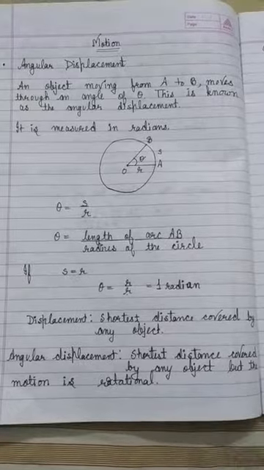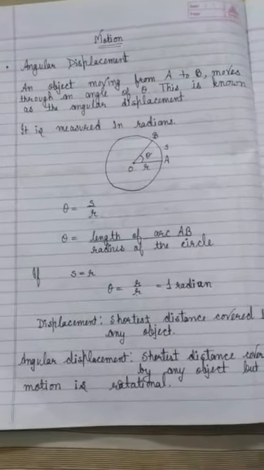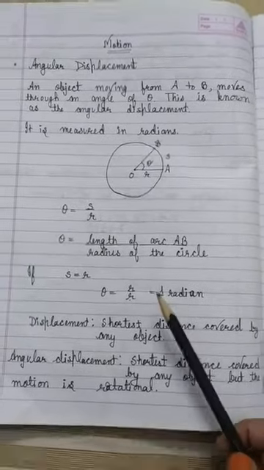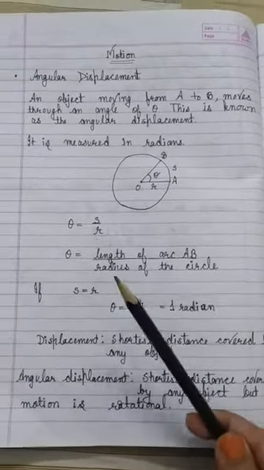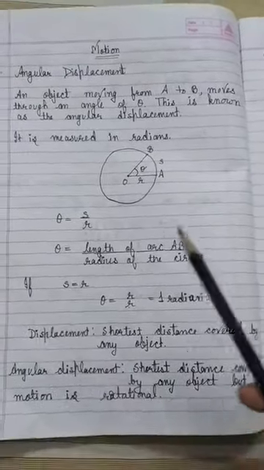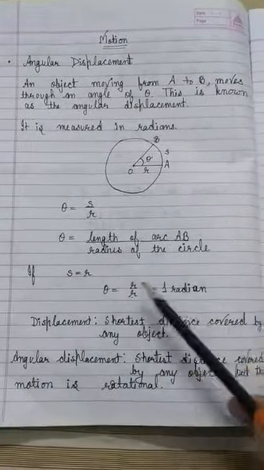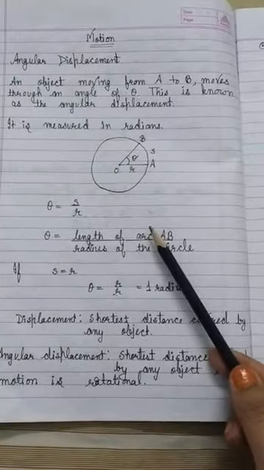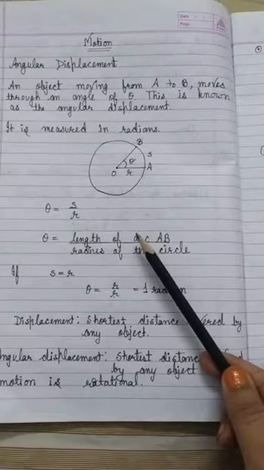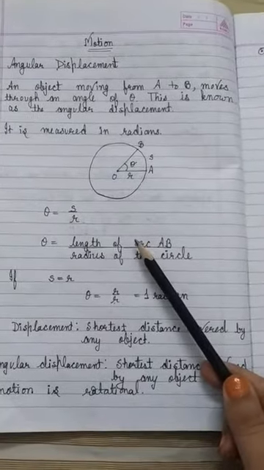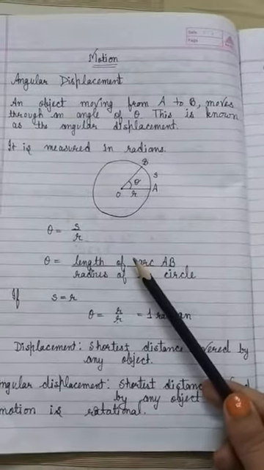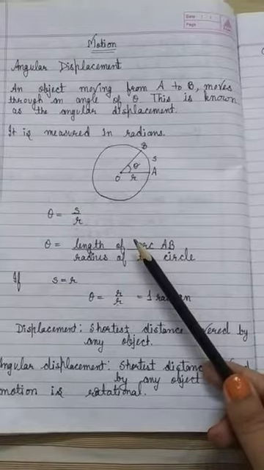Circular motion, I have already explained you that whenever a body is moving in a circular path with uniform speed, that is known as uniform circular motion. अच्छा, जब एक पार्टिकल सर्कुलर पाथ पर मूव करता है तो हम उसको बोलते हैं सर्कुलर मोशन. And when a system of particles moves on a circular path, that is known as rotational movement.